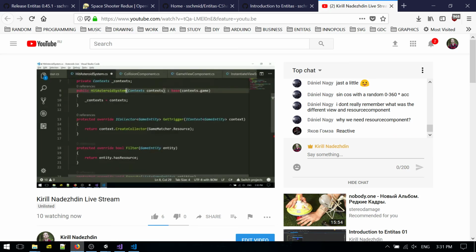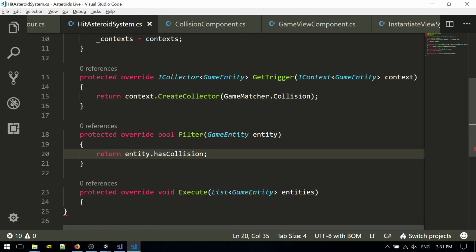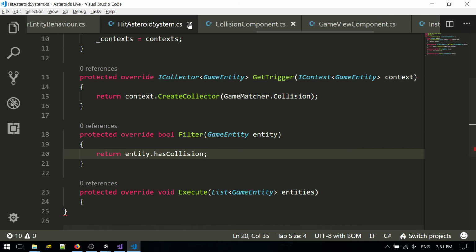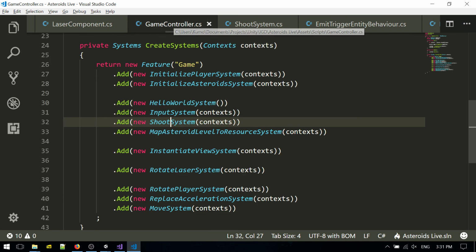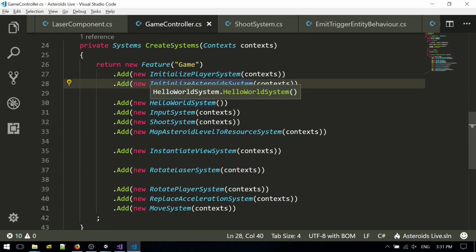Yakov, why do we have to put it into place? Yeah, once again, systems are executed one by one. They are not executed in parallel. So this system is executed before this one, and then after this system executes,